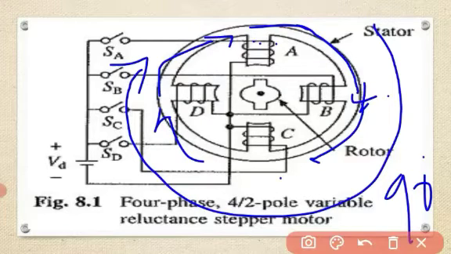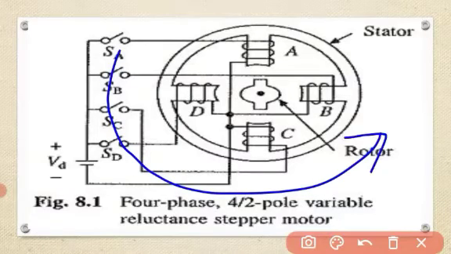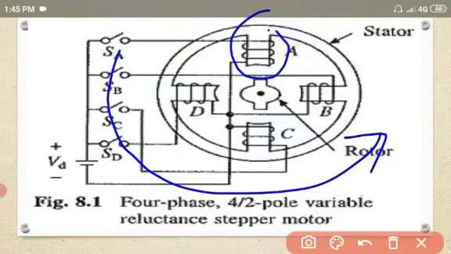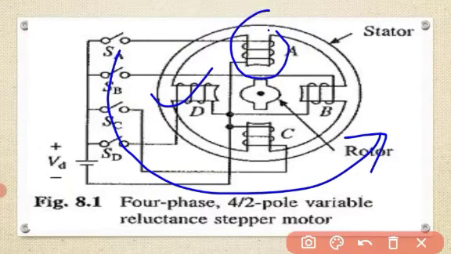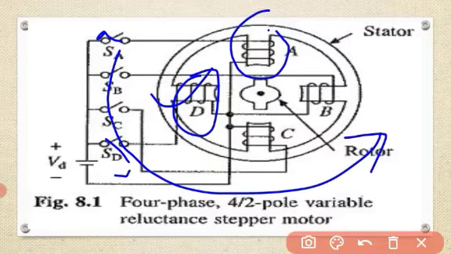Clear. Now I want to make the reverse direction. Reverse direction means I want to go in the anti-clockwise direction. What do I have to do here? Very simple. When you have excited A, then A is de-energized. I repeat, A de-energizes means I am opening this switch SA, and now I will turn on semiconducting switch SD, meaning the D pole will be energized. So the rotor takes the position in this direction.